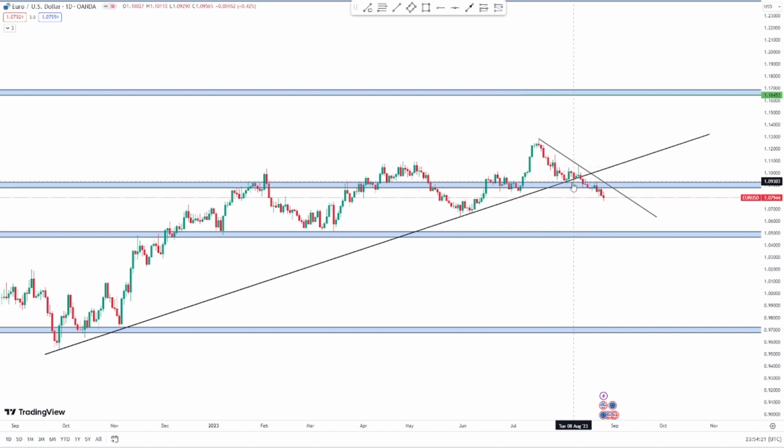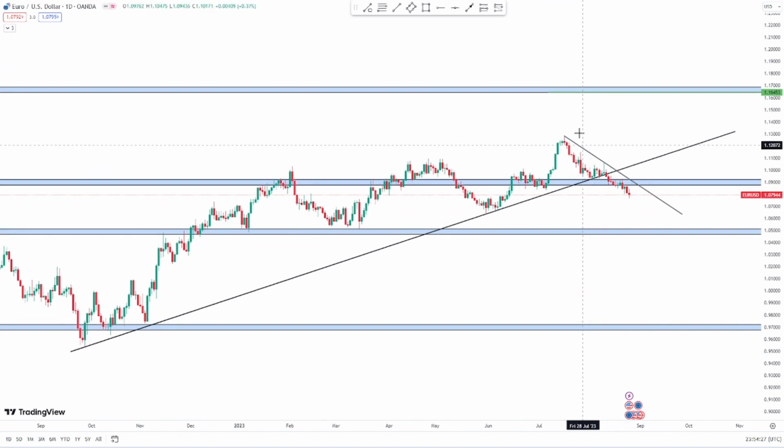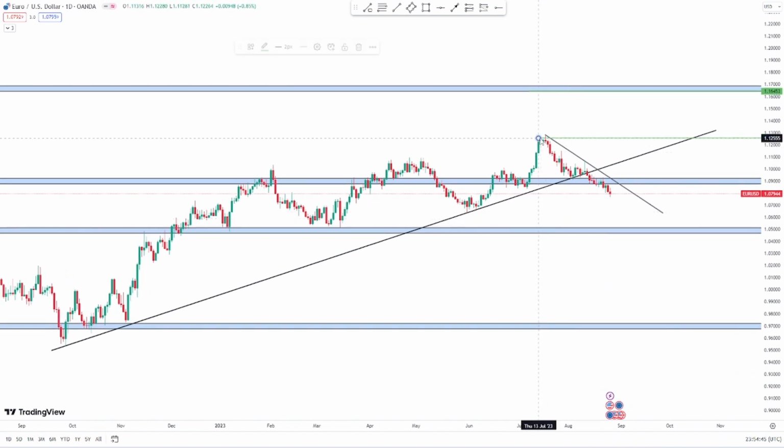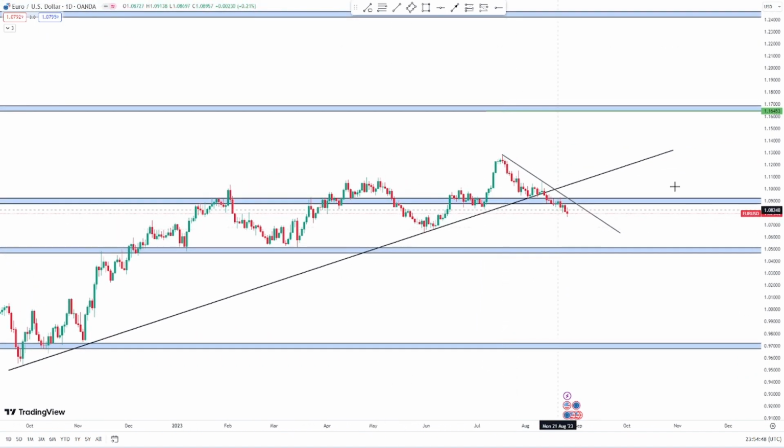If price bounces up this region, breaks our counter trend line and signifies to us that there's a change in market structure, then we'll buy this market. Our first profit target would have been around here, and the second profit target above here. But price failed to do that. Price hasn't done that yet.